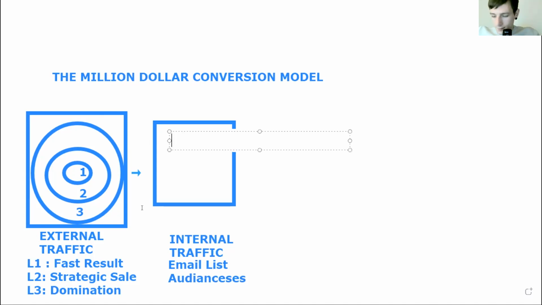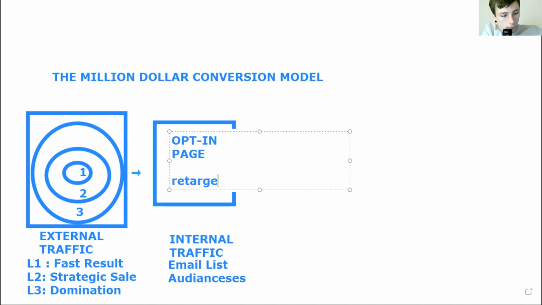Now, whenever you're sending your external traffic, like your fast results, then strategic scale, all that stuff, you want to send it to an opt-in page. And you're going to put something on here called retargeting, like a retargeting tag or pixel.